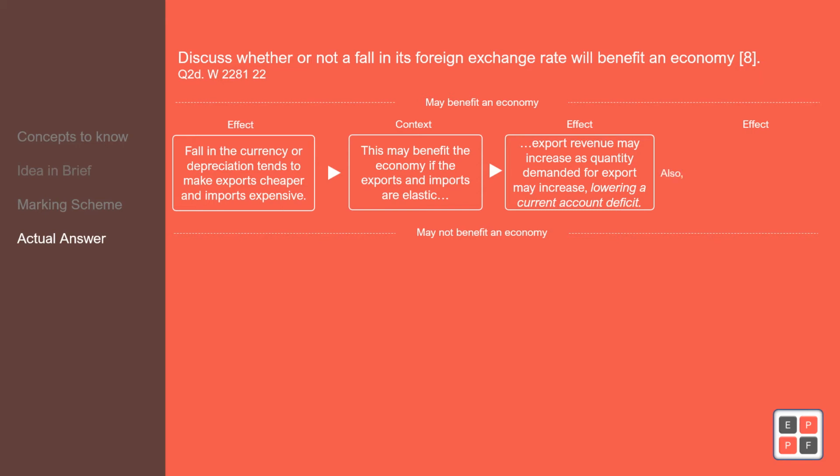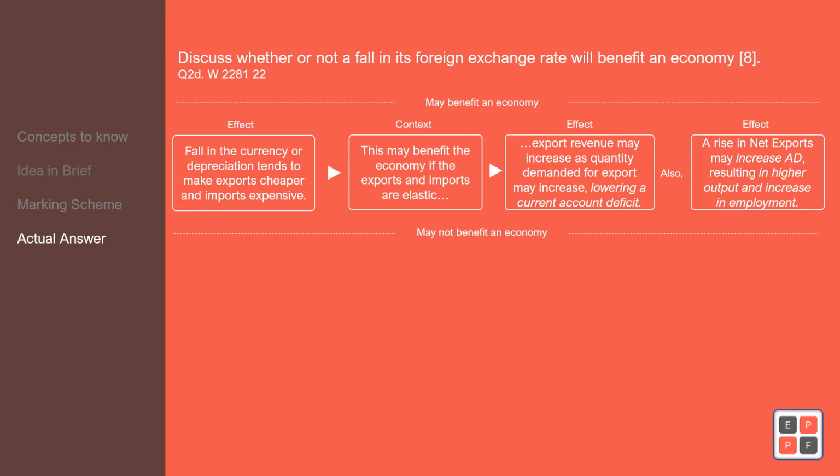Also, now I'm putting another impact which is not related to the previous impact. Also, a rise in net exports. If exports are increasing more than imports, net exports may increase aggregate demand. So for example, an increase in net exports is going to increase aggregate demand, resulting in higher output